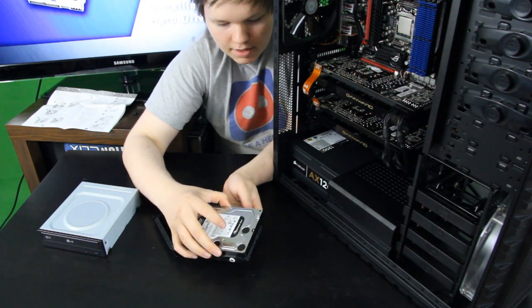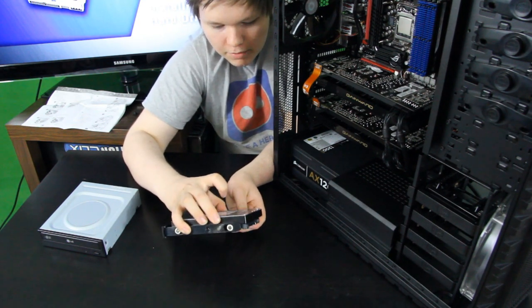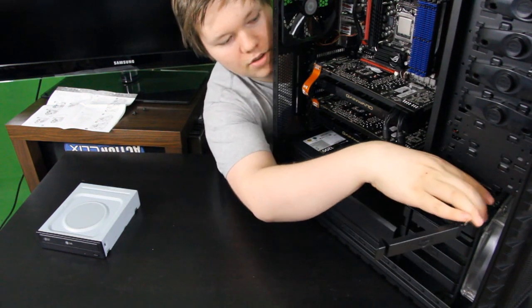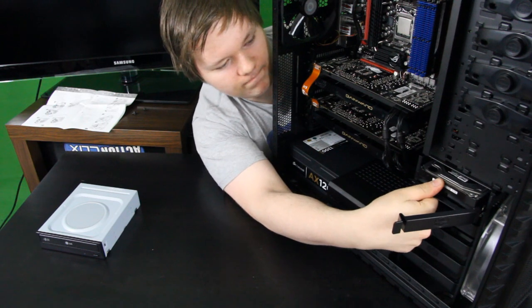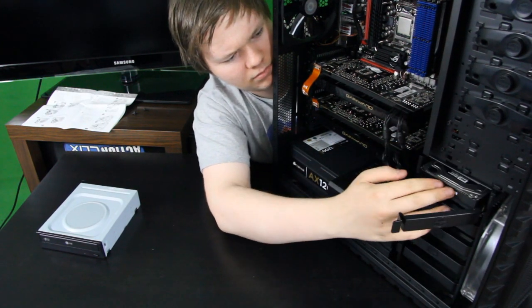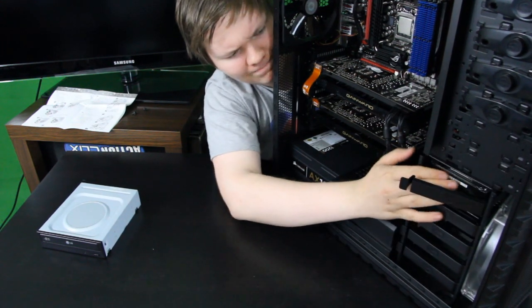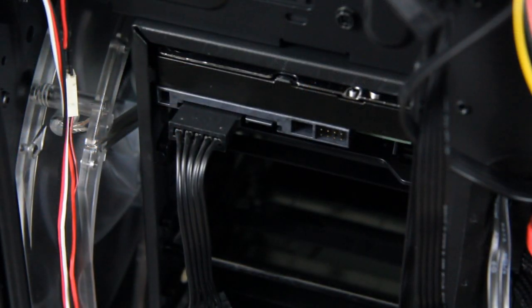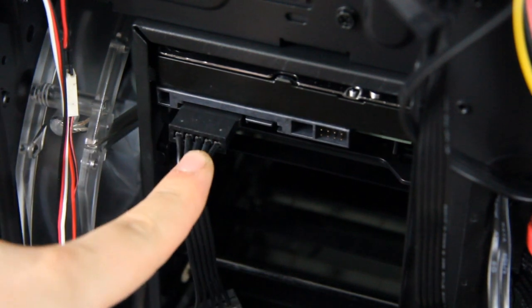Make sure all the screws, or the tabs or whatever, are matching with the hard drive holes. So once you have done that, you will just take your hard drive and place it into the PC case. After sliding in the hard drive into its socket, you just install the power cable, which I plugged in from